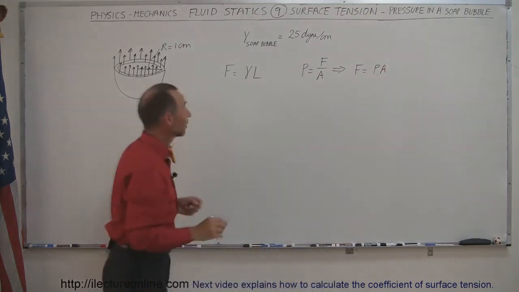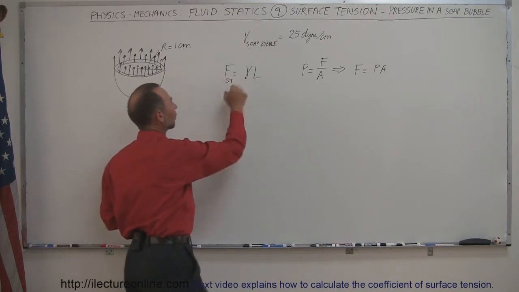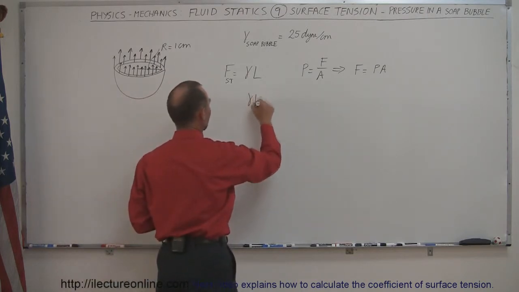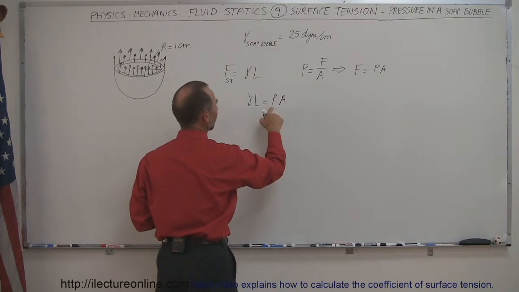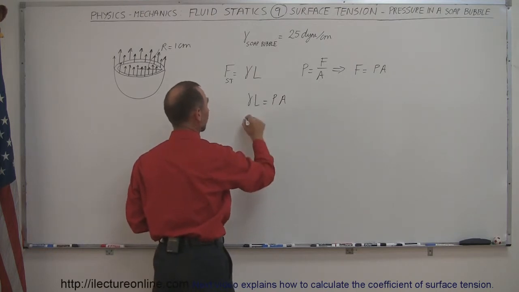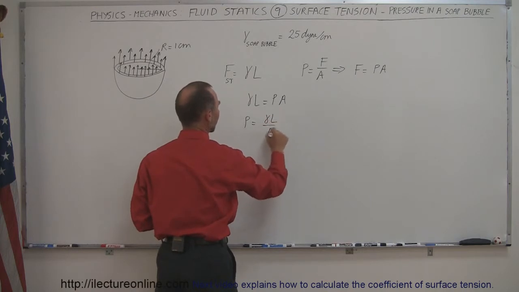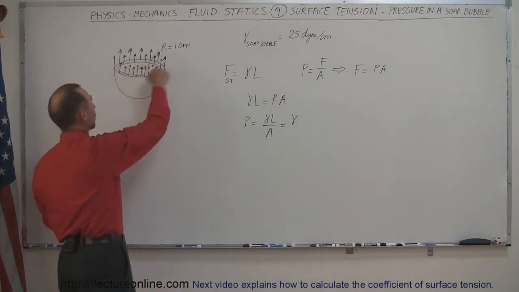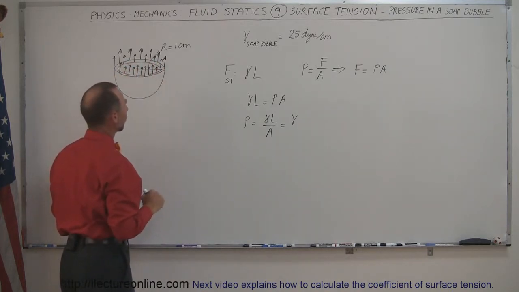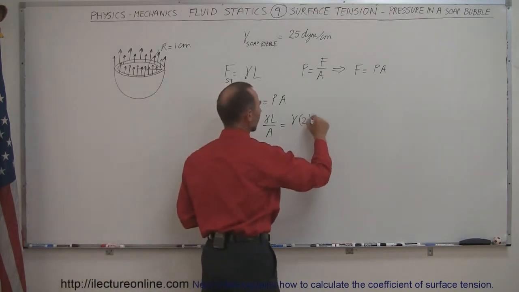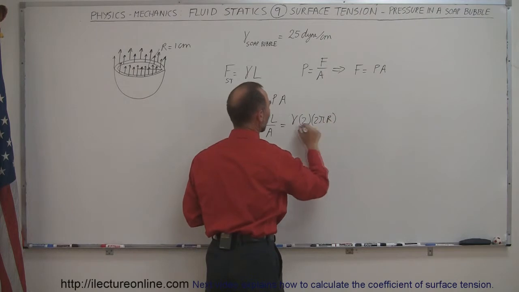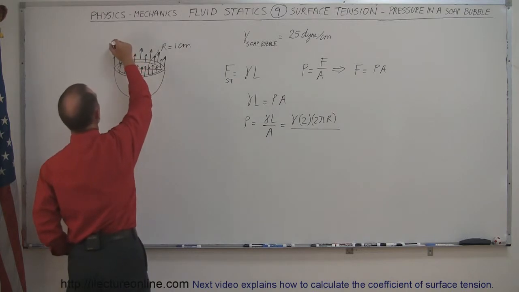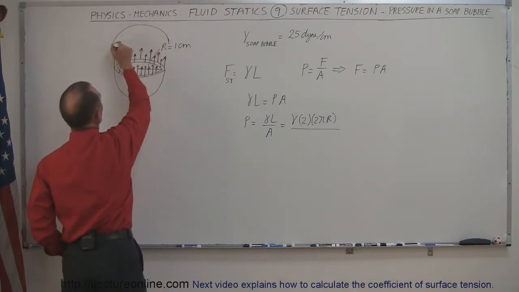So now what we can do is set the force of the surface tension equal to the force caused by the pressure. When we set those two equal to each other, we have gamma times L is equal to pressure times area. Since we want to know what the pressure is, we solve this for pressure. So pressure is equal to gamma L divided by the area. Now, gamma times L, remember L is twice the circumference of the cross-sectional area of the bubble. So it would be 2 times 2 pi times the radius, divided by the cross-sectional area, which is the effective area. Notice that if we think of the bubble as being a hemisphere when we cut it in half,